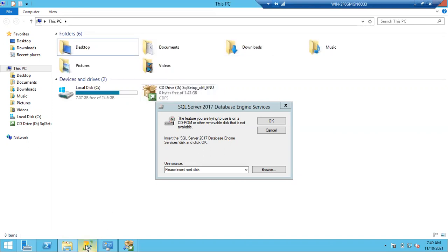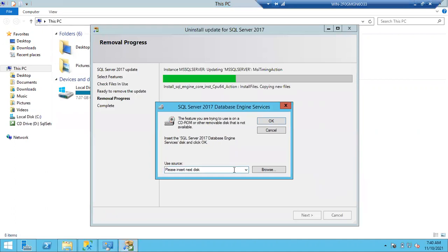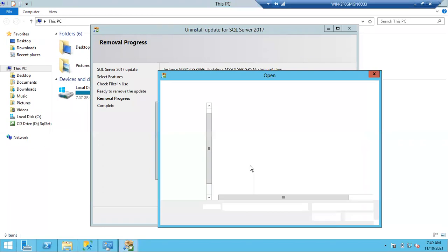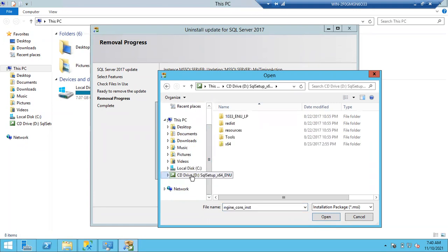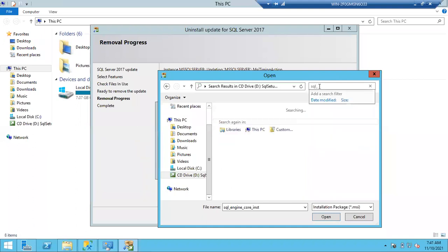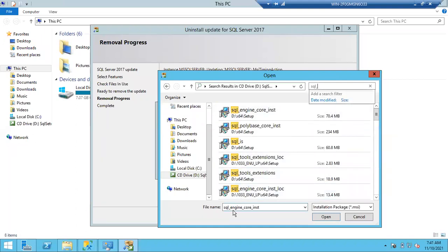So now what you can do, go to this window, browse. You can directly attach your D drive. Which file is missing? This file, right? SQL Engine Core INST. Go to D drive, where I have my SQL Server software. Here, simply type SQL engine.